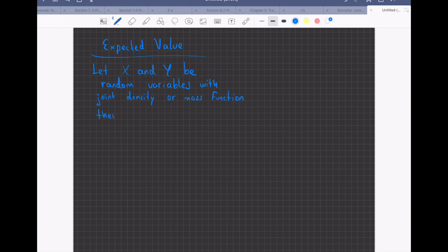Then the expected value of a function of the two variables h(x, y) is given by the expected value of h(x, y), that is equal to,